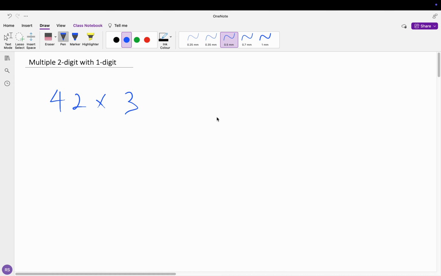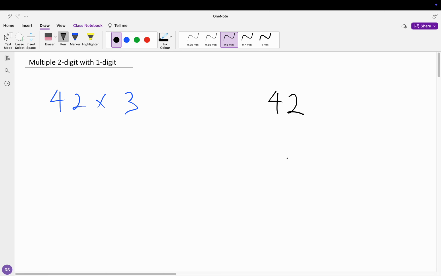So we are back at this question, 42 times 3. In an earlier video I showed you one way of approaching the question. Now let's try another approach. What you can do is directly do the multiplication by placing the 2-digit number